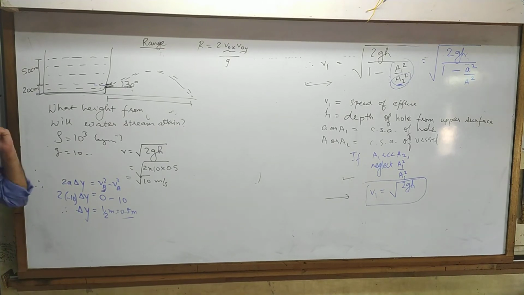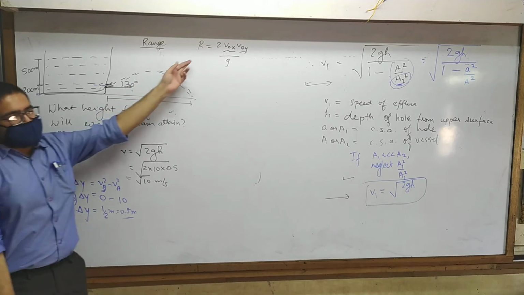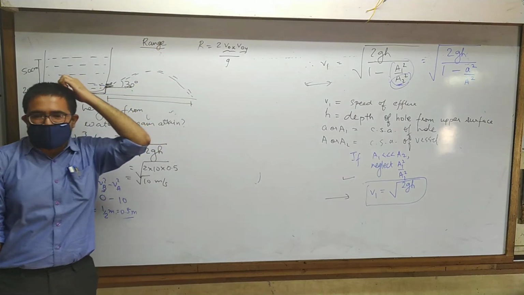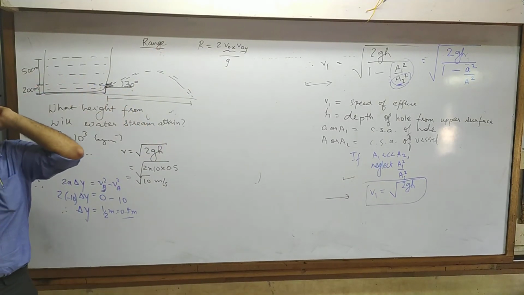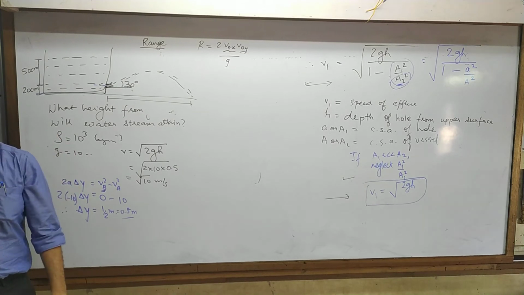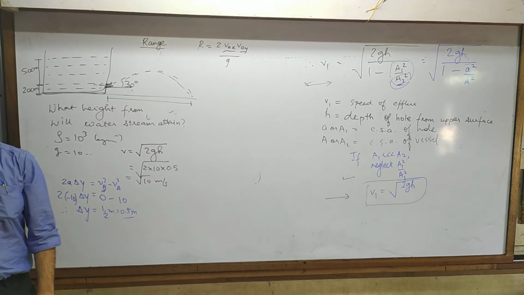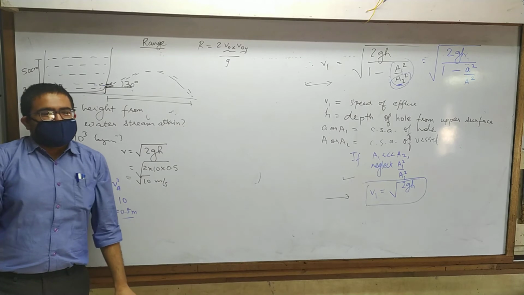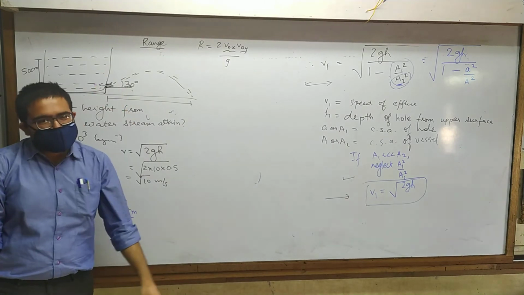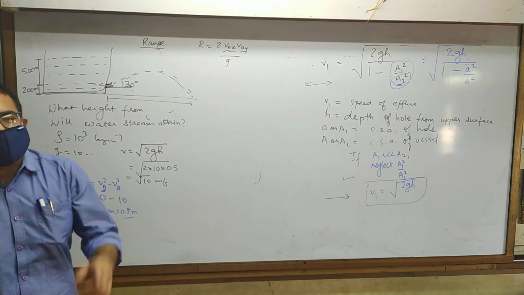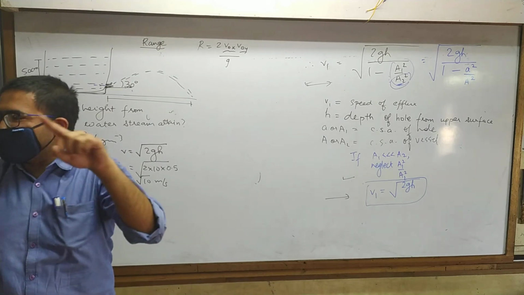Okay, before you start doing it, I want to ring an alarm bell. Do you remember that this formula is to be used only in some condition? Who remembers that condition? What is that condition? Yes, Rohan? Projectile should be from the ground. Correct. Projectile should be thrown from the ground.